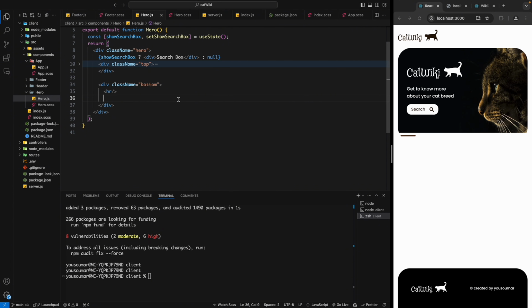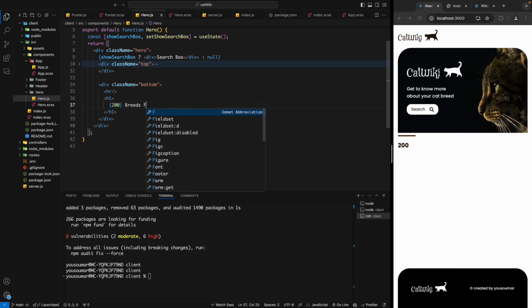And then we are gonna have a h1, like so, and the h1 is gonna tell us the number of cat breeds that we were able to get from the API. For now I'm gonna hard code it, but let's say it's gonna be like 2000, okay? And then we are gonna say breeds for you,